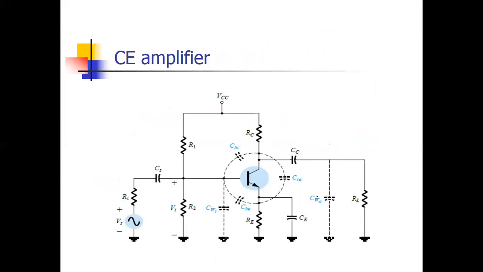Now the main thing is how to draw the AC equivalent circuit at high frequency. Okay, so just forget about all the capacitances of blue color, meaning these are the capacitances which should be connected at high frequency. So first of all, we should normally draw the mid frequency equivalent circuit, meaning the normal small signal model of the BJT, which we have learned in the previous lecture. Because you know all the coupling and bypass capacitors behave like a short circuit at high frequency. So this capacitance is short circuit, this capacitance is short circuit, and this capacitance is short circuit.